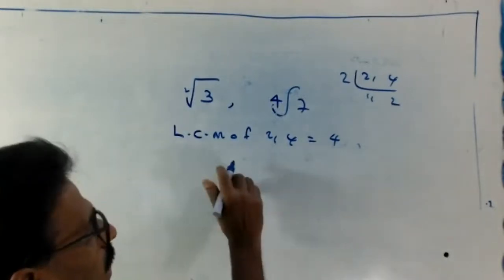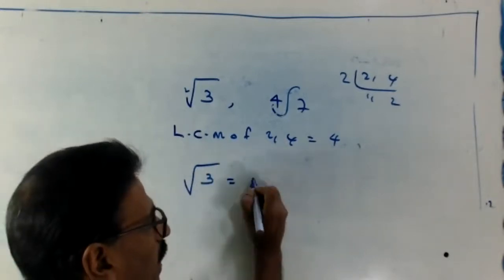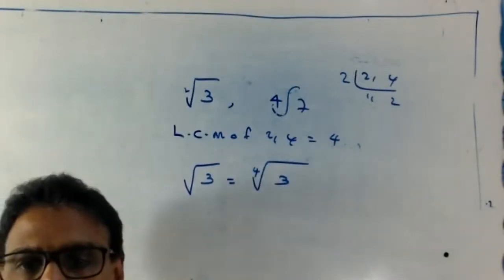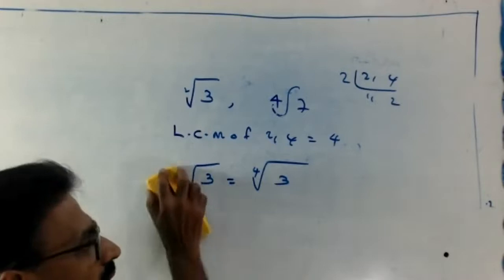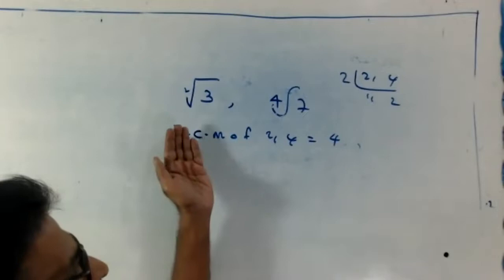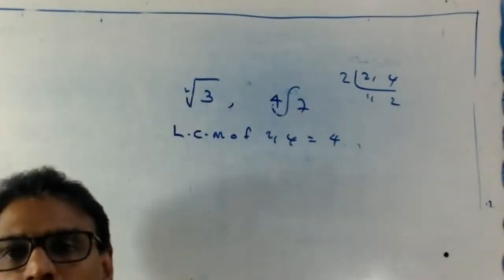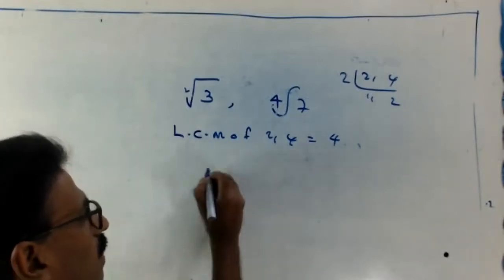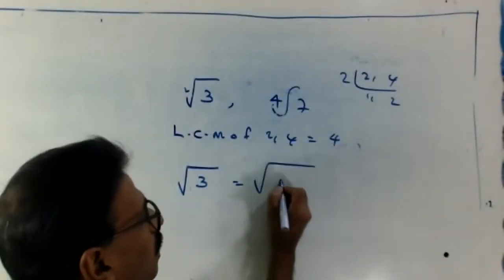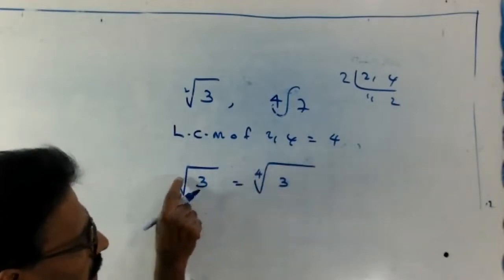So then square root of 3 equal to, you write like this. 3 here, 4 here. Steps, listen carefully. Look at here. Once again, first you find out the LCM of 2 and 4. LCM is 4. After that, look, root of 3 equal to root of here. This is 3. You write 4 here. So the index here is actually 2.